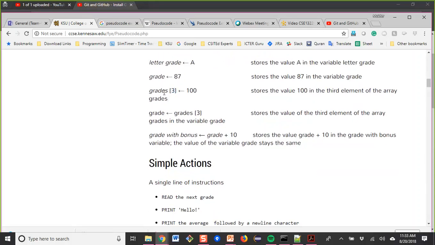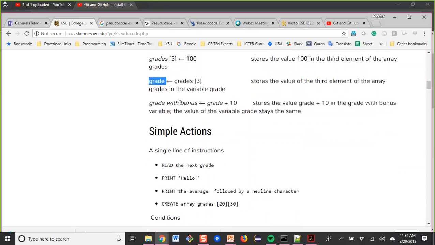But when you type pseudocode, grade 3 means the third element. Initially you are assigning grade equal to 87. Then you are putting grade 3 equal to 100. That means you are putting grade equal to 100 now.